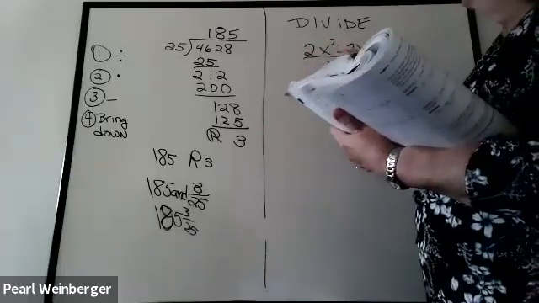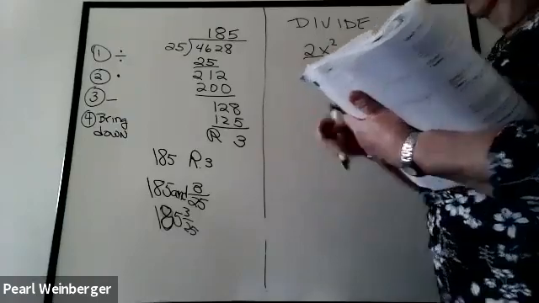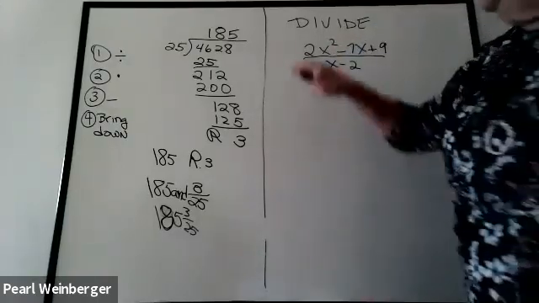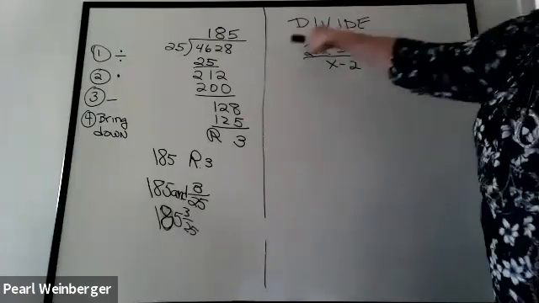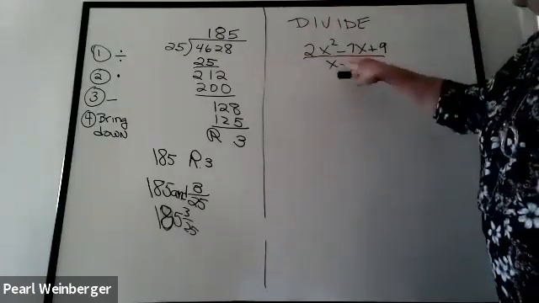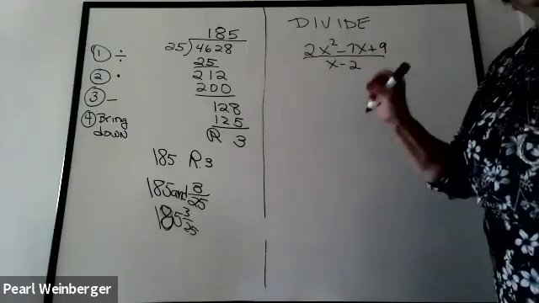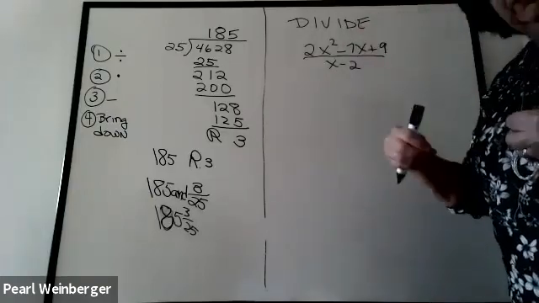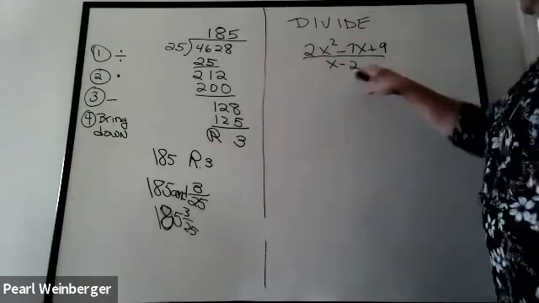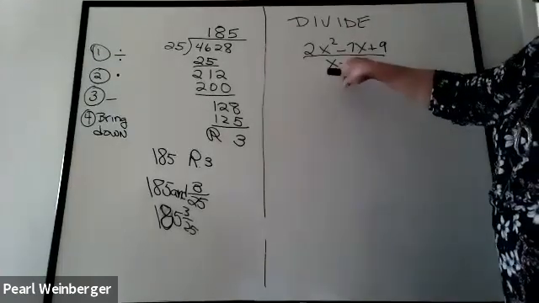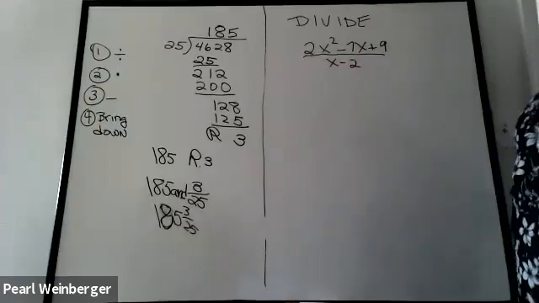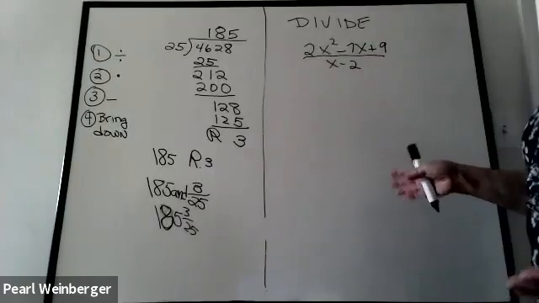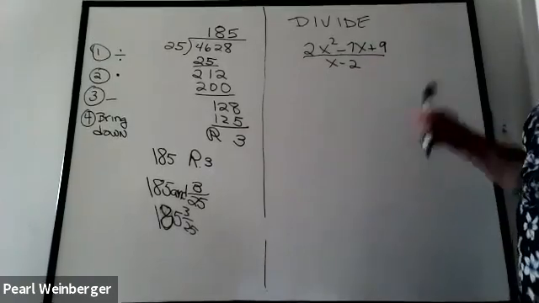x minus 2. I am dividing 2 polynomials. I'm dividing a trinomial by a binomial. Notice this is not what we did before. Before we had a trinomial, we divided it by a monomial, a single term. Here we have 2 terms because we can see a minus in between the 2 of them. Anytime a plus or minus separates 2 letters or a number and a letter, it means that we have more